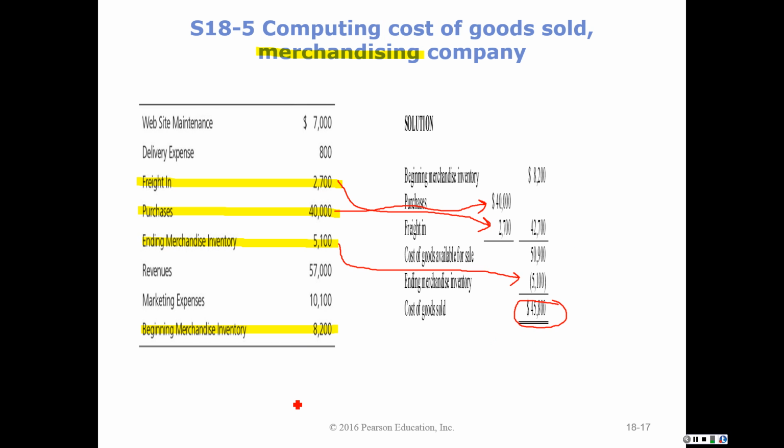All right, I'm going to give you some homework to practice on, but this gives you some idea of the different types of costing that happens for service versus merchandising versus manufacturing companies, and we will continue to study primarily what happens in the manufacturing organization as we continue through this semester.